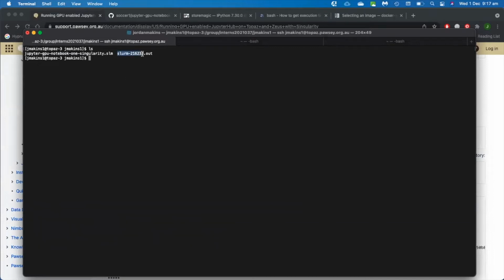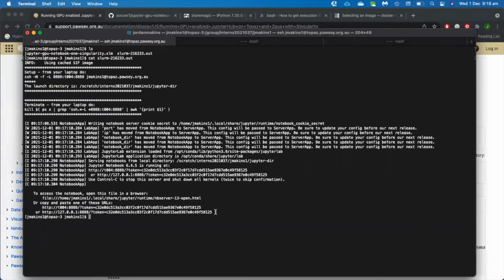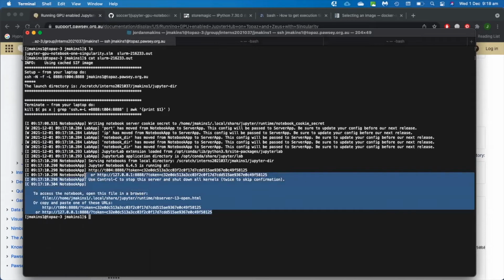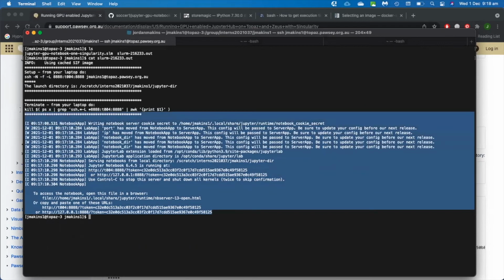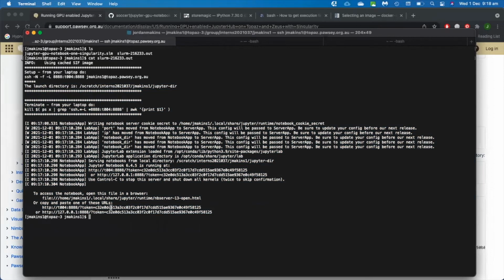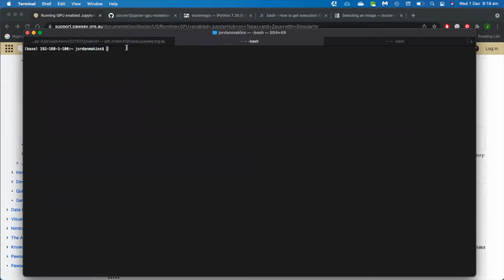So now our Slurm output should display that the container is fully ready to go. And we can now use these commands from the output file to connect, or SSH connect, to Topaz through a web browser on our local machine. So we will copy and paste this. We want to copy the SSH